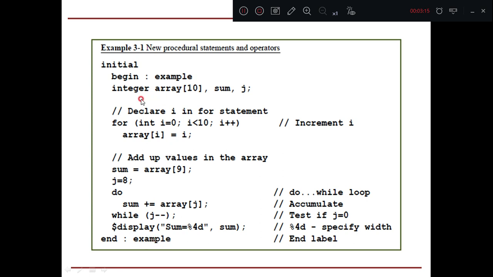See the label here. What has been introduced in SystemVerilog is that we can put a label for begin and end. So begin example and end example. When there are many begins and ends, if we put a label there for begin and end, then we will come to know in which block, in the sense where exactly that block has begun and where exactly that block is ending. That is the advantage of going for the label.